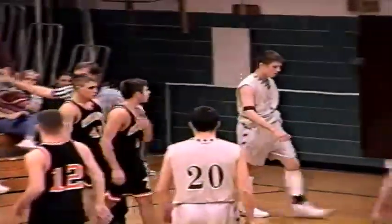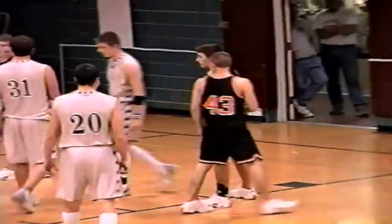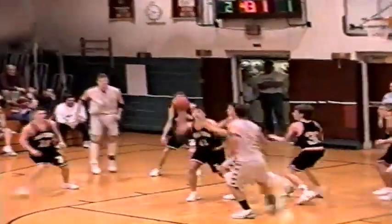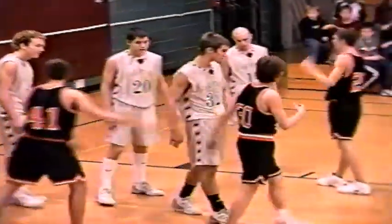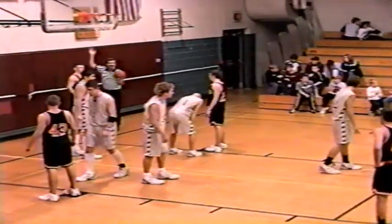Whoa, wait a second here. Weaver's going to pick up, or Troutman pick up a foul here. Here's 20, has it tapped out of his hands, but the Trojans couldn't get it, but by gosh, they tried. Another ball, tap loose in here. Anthony Weaver with it. Anthony looping a pass down here for Miller on the run for 2. Oh, it wouldn't go, and a ball tapped out of there. It's going to stay up here. The ball went off D'Agostino, so by gosh, Robbie missed that one, but